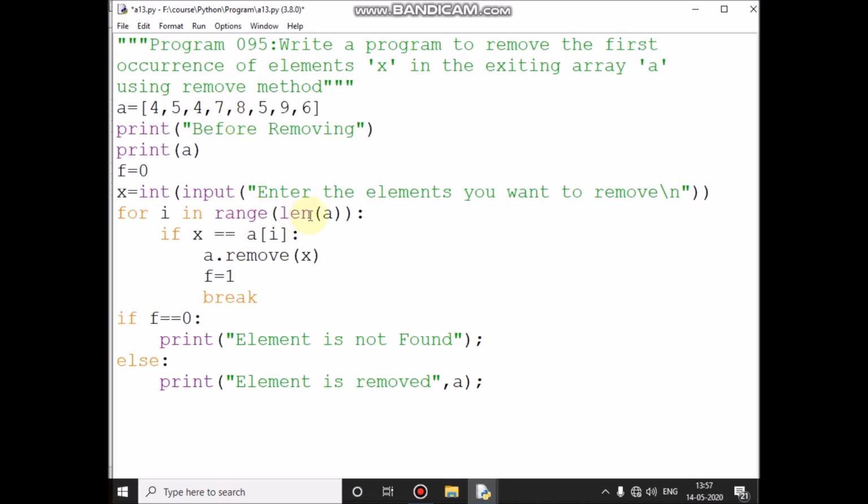4 less than 8, condition is true, control comes inside the loop, here X value 55, A of fourth location value 8, the condition is false, control comes here and it will increment the I value, that is 5, 5 less than 8, condition is true, control comes inside the loop, if X value 55 equal to A of fifth location value 5, condition is false, so again control comes here and it will increment, I value becomes 6,